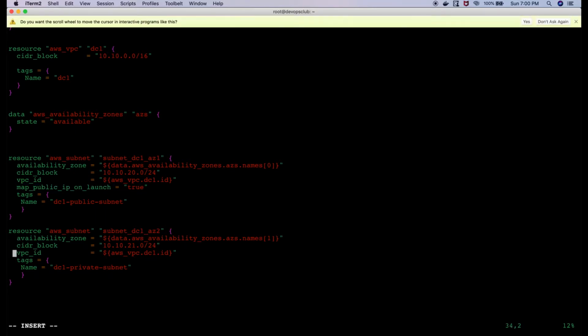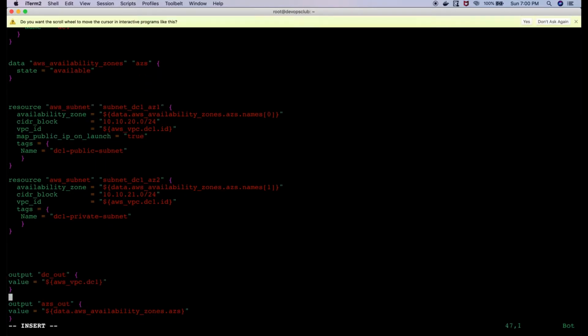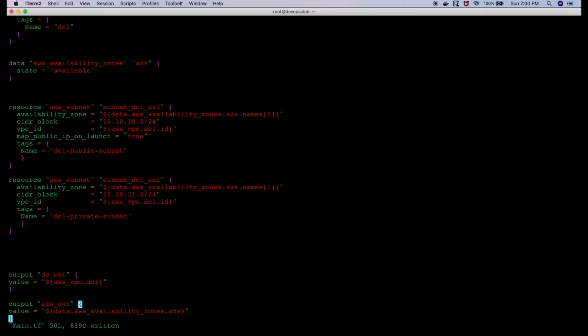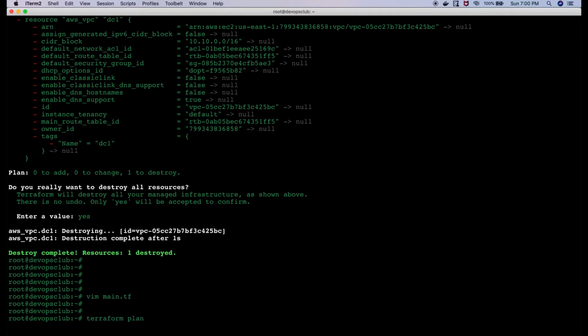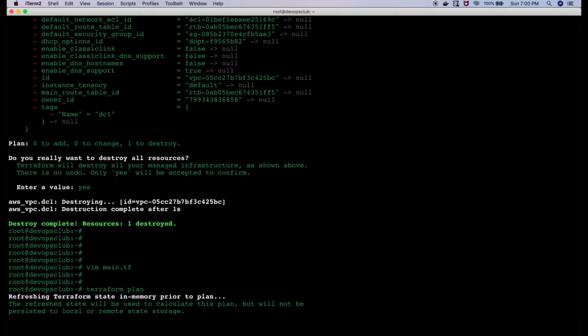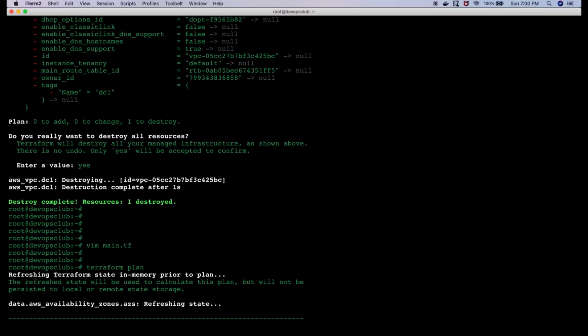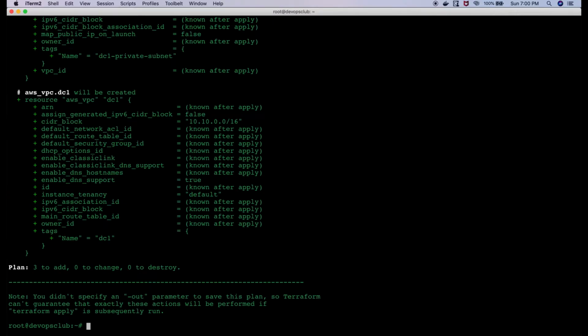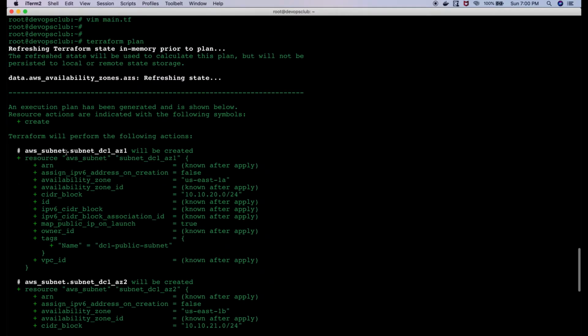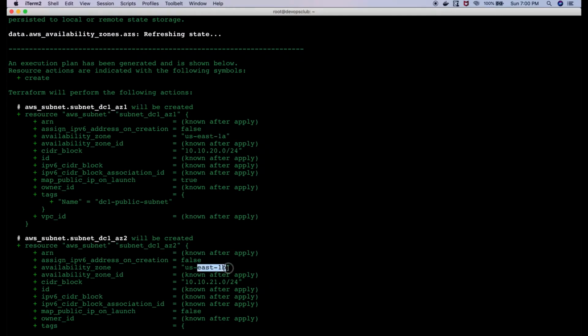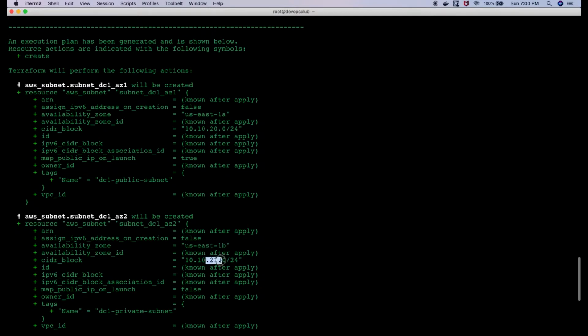If you want an output, you can again put in the output log and see what's going to be created, but as of now I'll just save this and do a Terraform plan. So you can see here, DC1 AZ1 will be created. This is the subnet. See, US-east-1A, then this will be US-east-1B, and this is my 21,